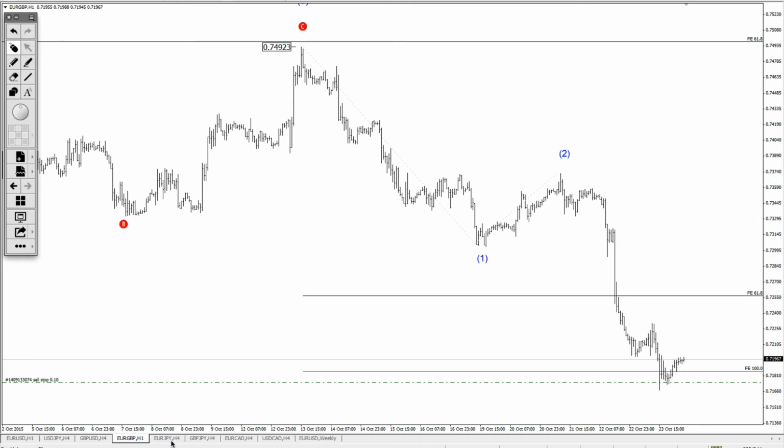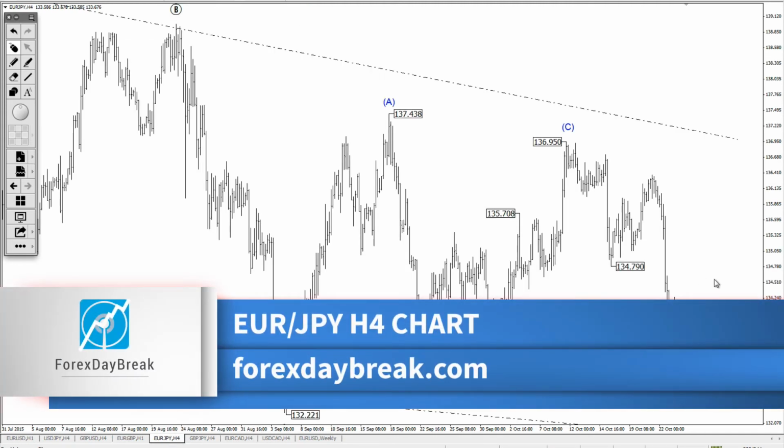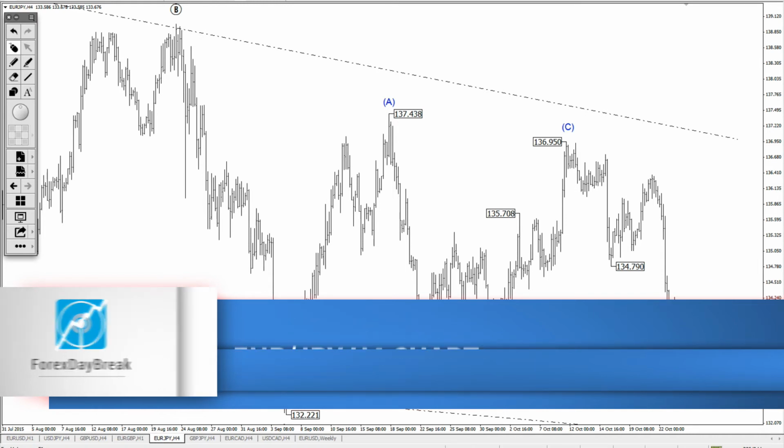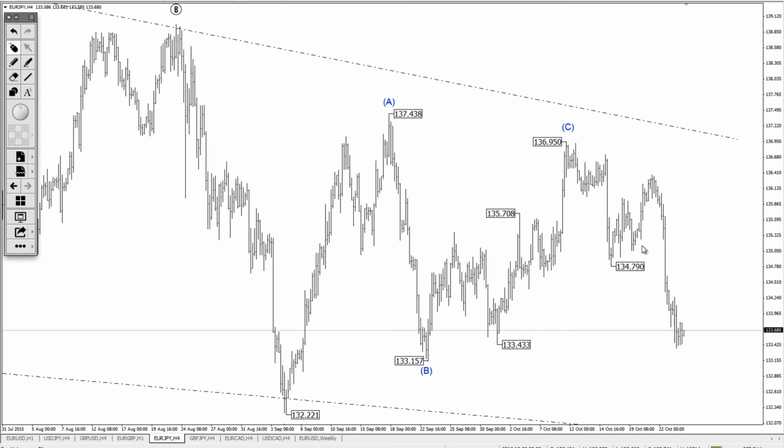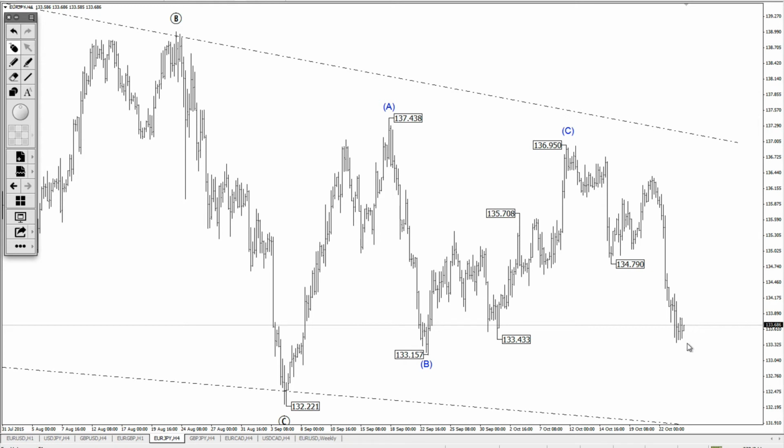All right, let's see next euro yen, and we can also put a similar sell order here, but I'm not going to do this at this point. So I'm expecting more downside as well in euro yen. I'm expecting this decline to go around 132 level in order to complete the next leg of this triangle. But the downside is quite limited, and also the nature of this price action, since we are in a triangle,